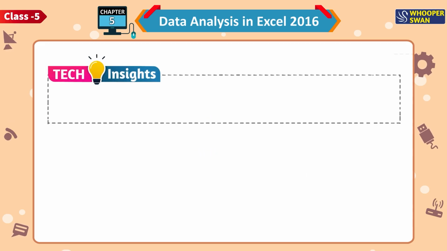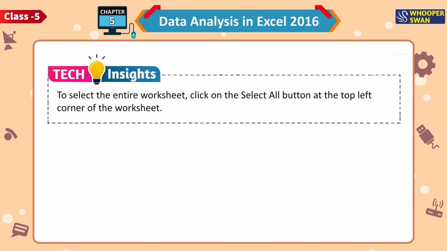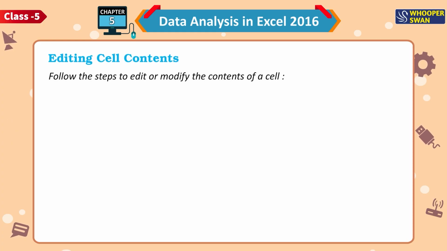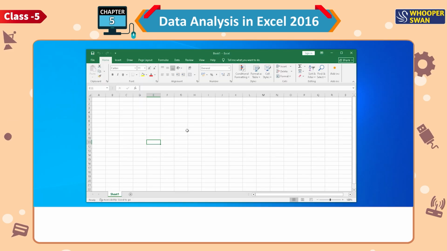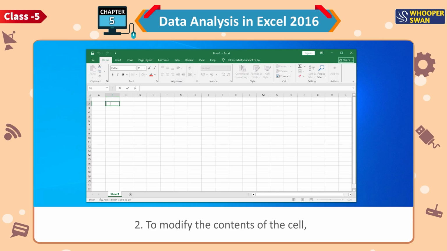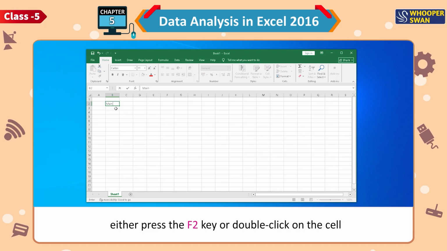Tech Insights. To select the entire worksheet, click on the Select All button at the top left corner of the worksheet. Editing cell contents. Follow the steps to edit or modify the contents of a cell. Step 1. To retype or override the contents of the cell, just click on the cell and type fresh text. Step 2. To modify the contents of the cell, either press the F2 key or double-click on the cell